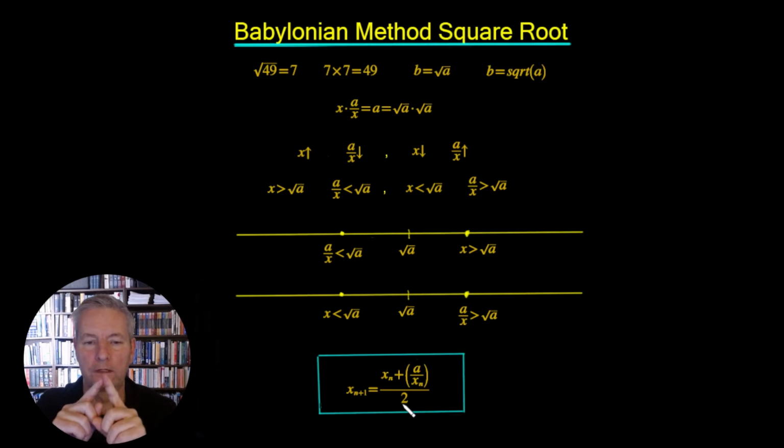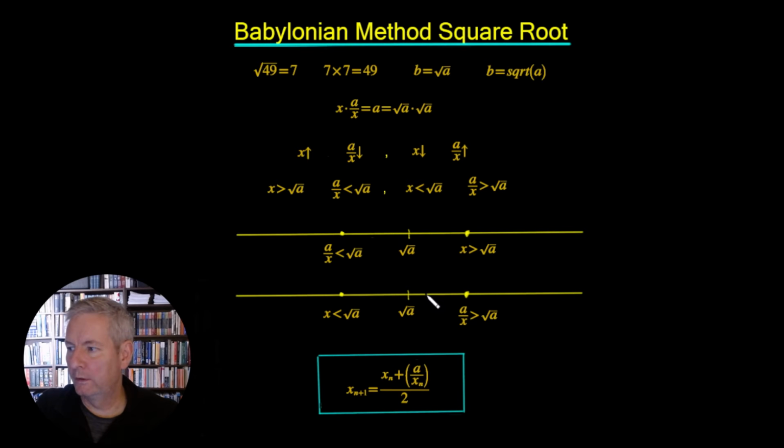So what we can do is take an average point between these two. We take the average by taking the x_n, adding the a upon x_n, and then dividing it by 2. This is the average, and this becomes our new point, x_(n+1). And again, the x_(n+1) is going to sit somewhere inside here. And again, we can work through the same process,